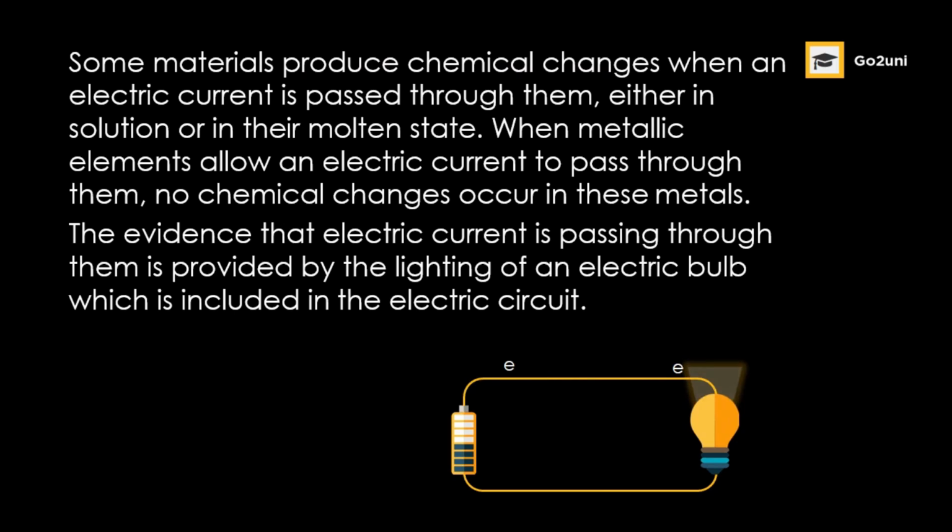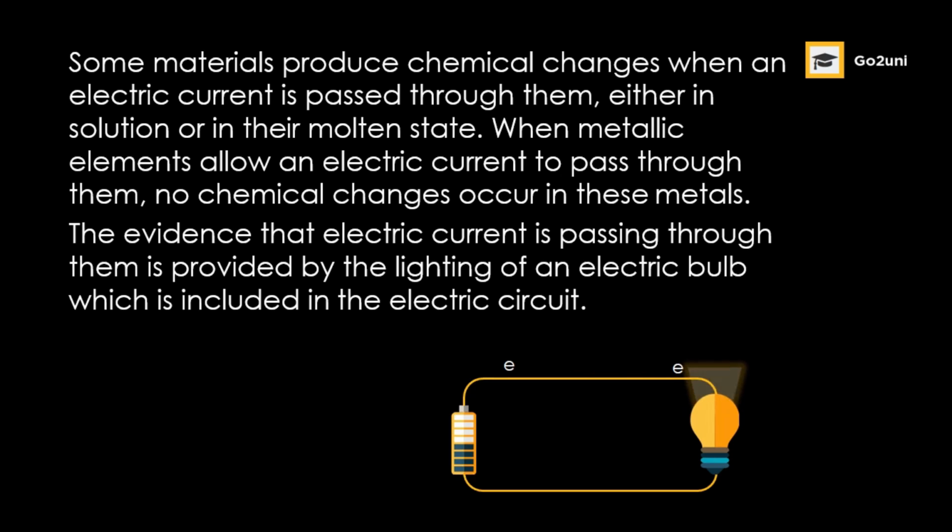So still talking about current electricity, it is worthy to note here that some substances permit the flow of electricity either in their molten state or their aqueous state, as we have said before. Why is it so? It is because these substances possess what are called ions. So the ions permit the flow of this electric current through them. What are these substances that can permit the flow of electricity through them in their molten or aqueous states? They are called electrolytes. We shall get to discuss more about electrolytes as we go deeper in the class.